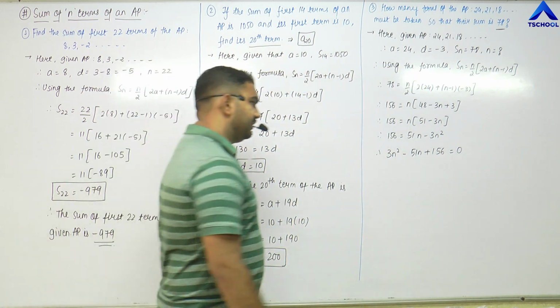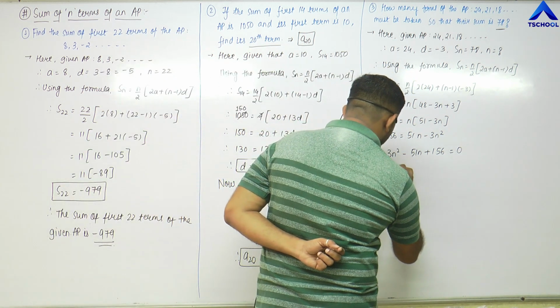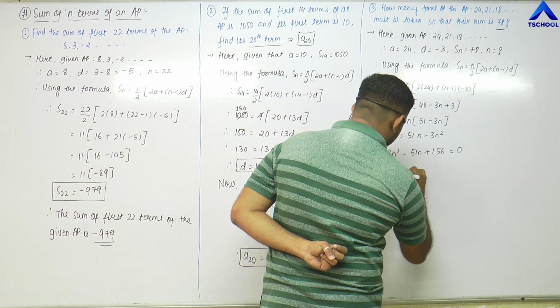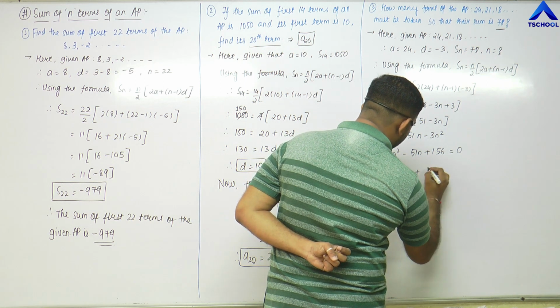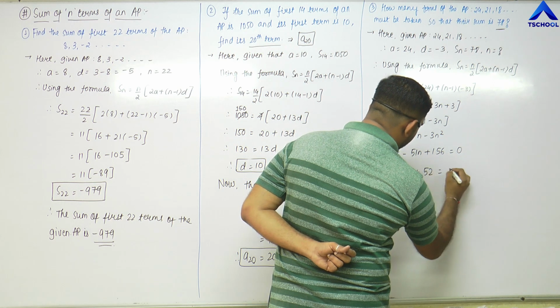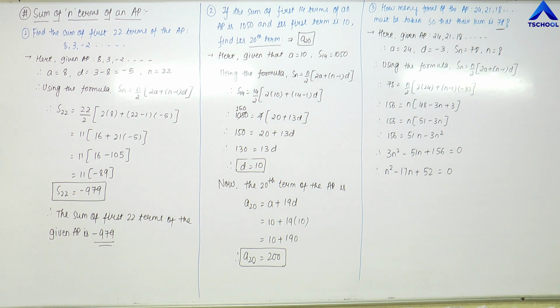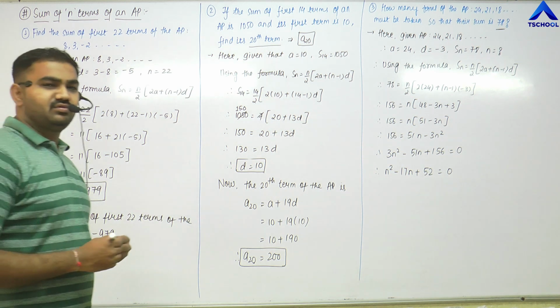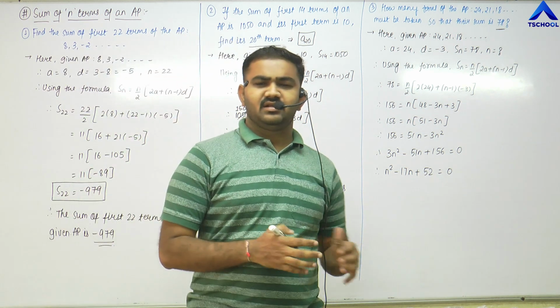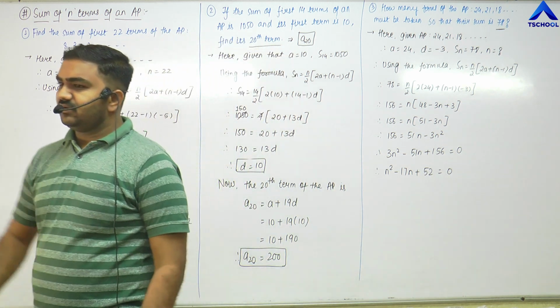Taking 3 common, that will give us n square minus 17n plus 52 equal to 0. Friends, you can clearly see that this is a quadratic equation. Now again comes the question of how to factorize this. So we can simply factorize this 13